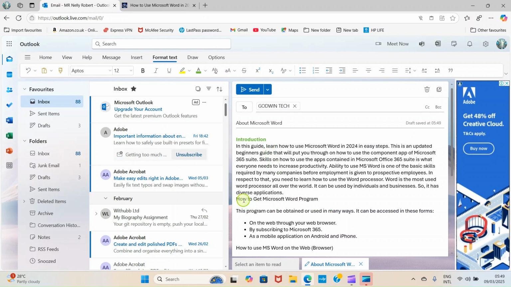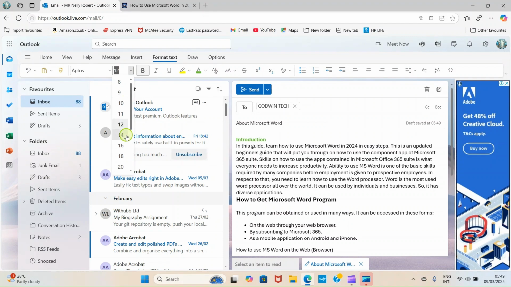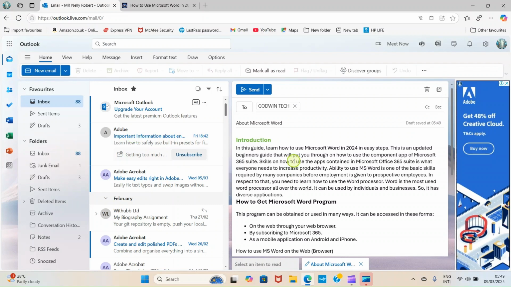Okay, so this one is how to get Microsoft Word program. It's going to be a different major heading on each one. So I will highlight it and then I will make it bold. If I want to increase the font size, there's need for that actually. You can click here and select maybe font size of 14 so that the reader will know that this is quite unique and quite different from others. Likewise, this I can highlight this and select it as 14